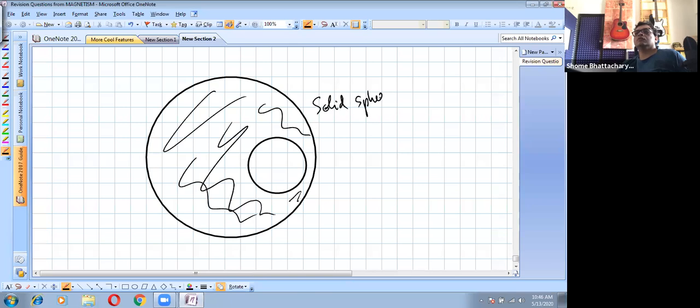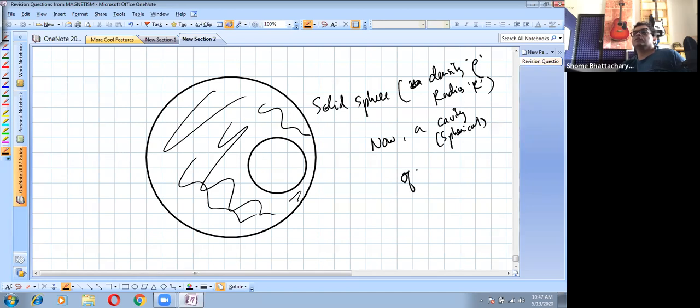Solid sphere of density rho, uniform density rho and radius R. Now a cavity which is spherical of radius small r, where that radius is actually less than R by 2, is cut out